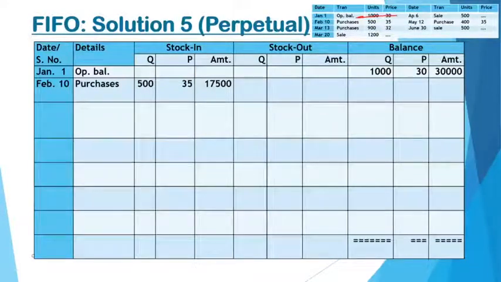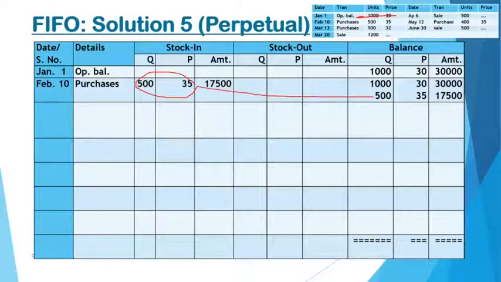While recording the balance here, we will record the first lot and then we will record the next lot that we have acquired. This lot of 500 units will come here after the first lot. So when you apply the FIFO approach, you know that the first lot is of 1000 units and then the second lot will be used. Now the next is a purchase of 900 units at the price of 32. So another purchase, and again a third lot is received.